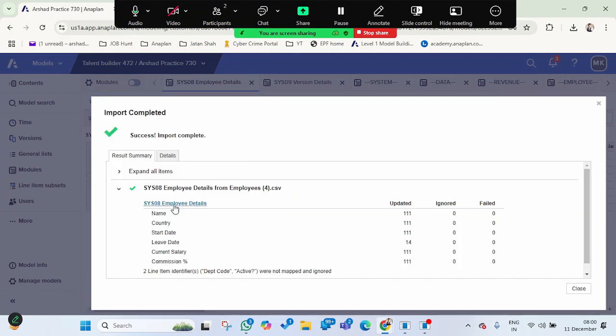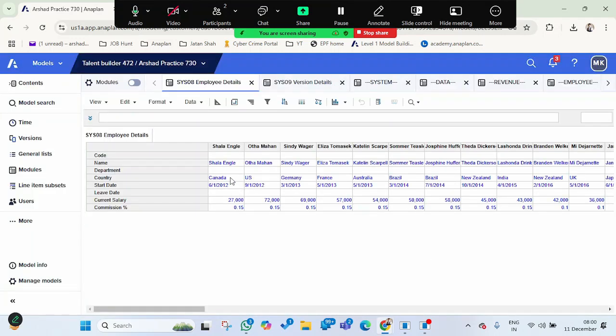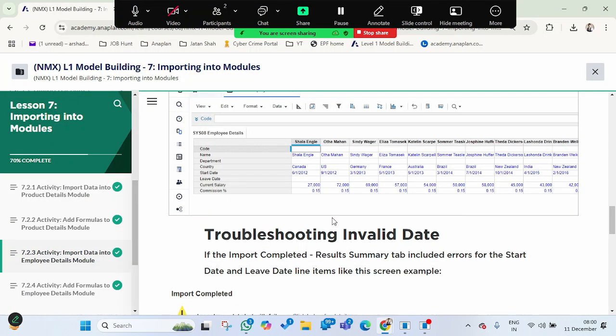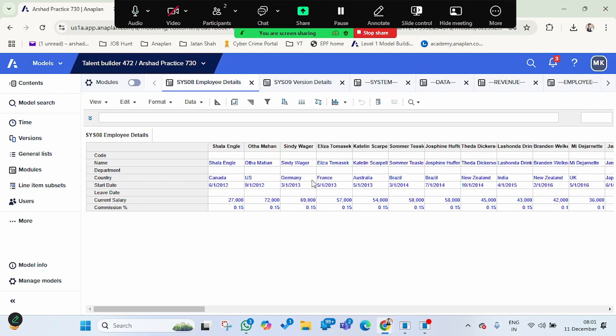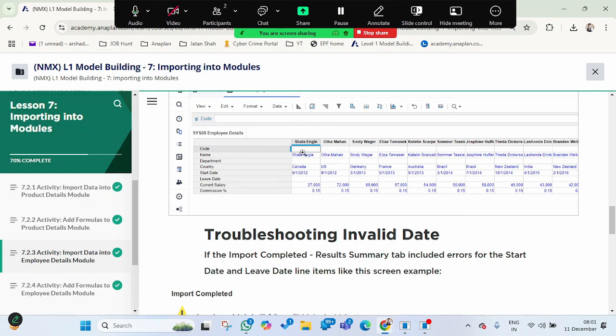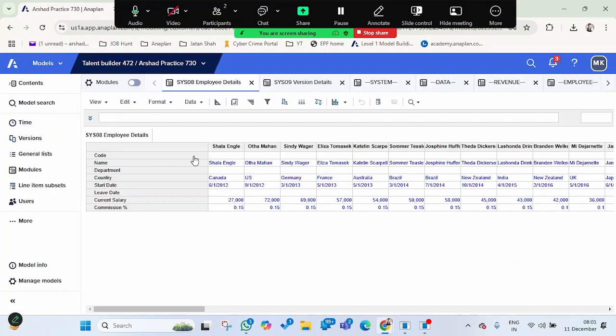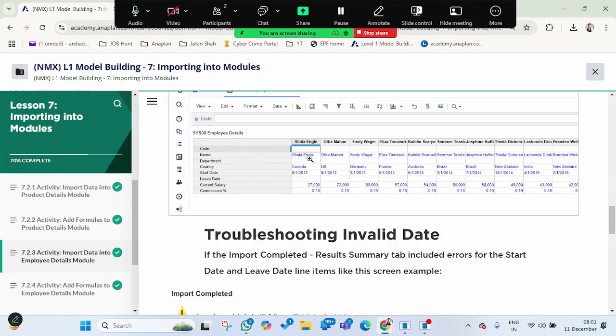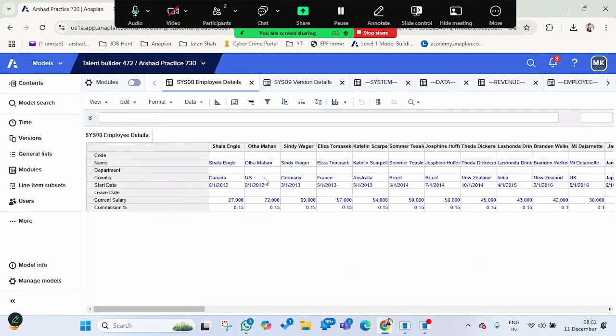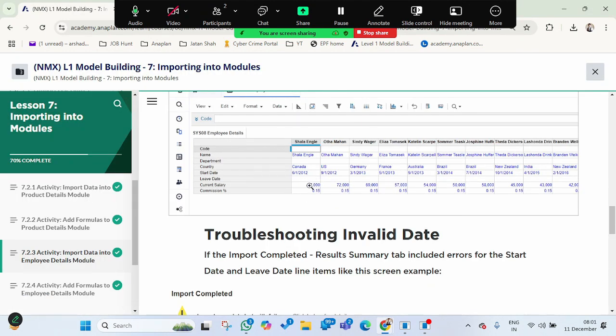Okay. So we have got the employee details, name and everything is mapped properly. We can close this one and you can see the data is populated here. We will see whether it is mapping with the instructions provided here. Code will remain empty because we will be formulating it later, and the code line item is empty. Here we got the names of the employees. The department we will do later, and we have got the country, the start date, the leave date is empty, and the current salary is okay, and the commission is also